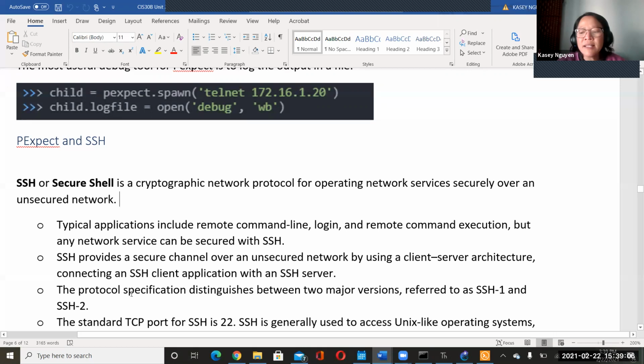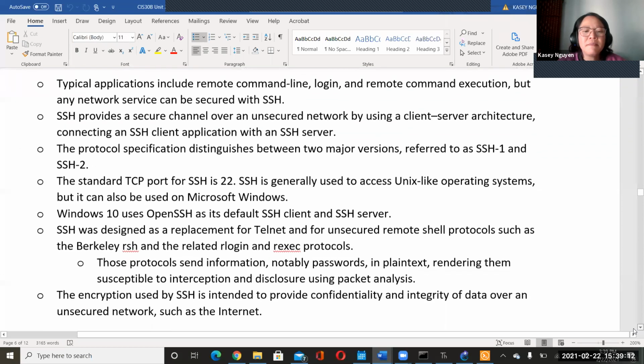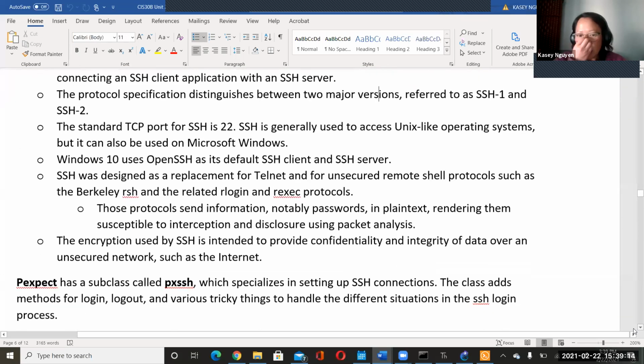So SSH2, revision 2, is higher in security, and SSH in general is a replacement for Telnet. With version 2, the encryption is elevated to make sure the session is protected, to protect the privacy of the session.